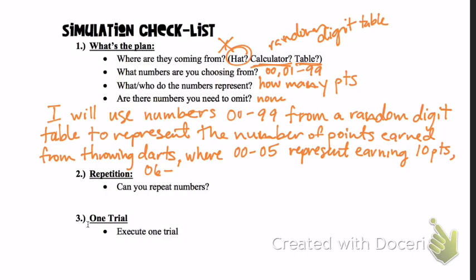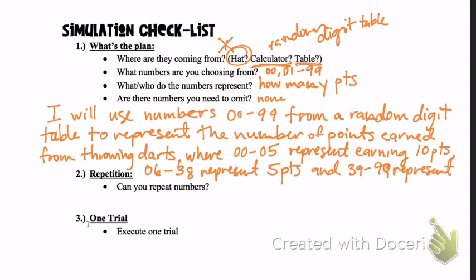No, this is so hard. 37? 38. Oh, you just add them and subtract 1. You just subtract 1 from everything. It's okay. 06 through 38 represent 5 points. And the next one is easy: 39 through 99